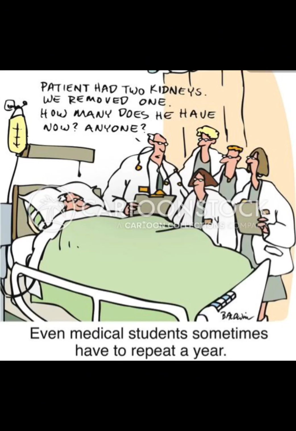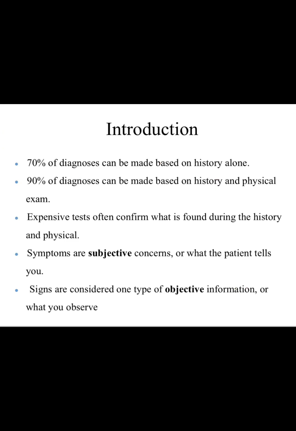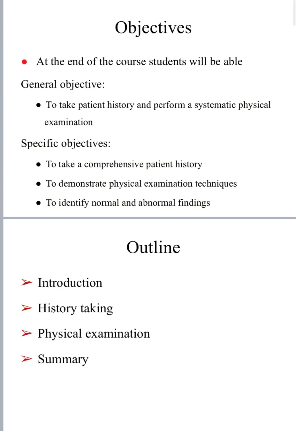So let's dive into real medicine, learning through the patient's history and physical examination. But we have to understand that 70% of the diagnosis can be made by history taking only, and 90% of it is based on both the history taking and the physical examination. So be well organized. The objective of this course is to take a history from the patient and perform a systemic physical examination by taking a comprehensive patient's history and applying physical examination techniques, and identify the normal and the abnormal